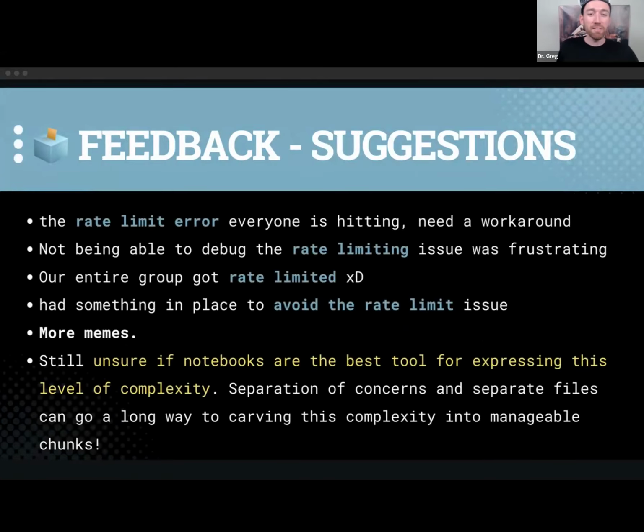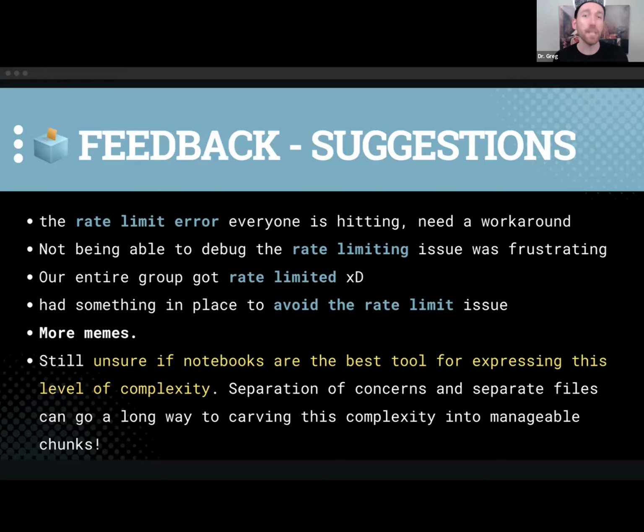So I loved all of this stuff. Rate limit, rate limit, rate limit. Well, turns out that when you try to use the latest model and everybody else is using it, you hit rate limits. And so this is part of the learning as well, is that we want to introduce you guys to stuff like this where it's bound to happen. Like you're not doing anything wrong necessarily, right? It's just that